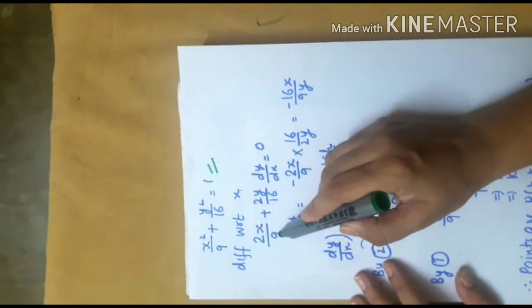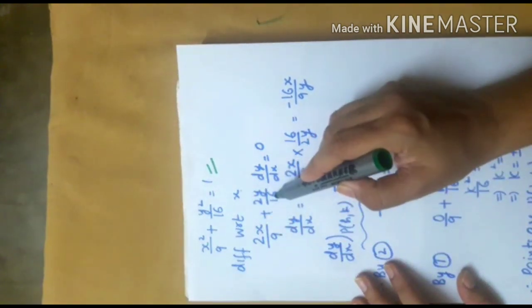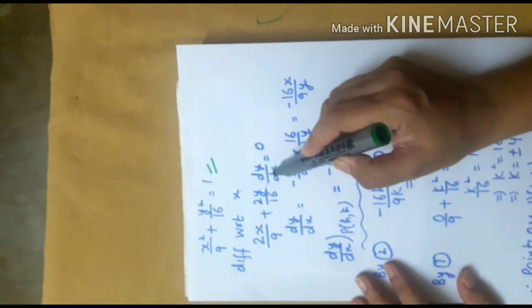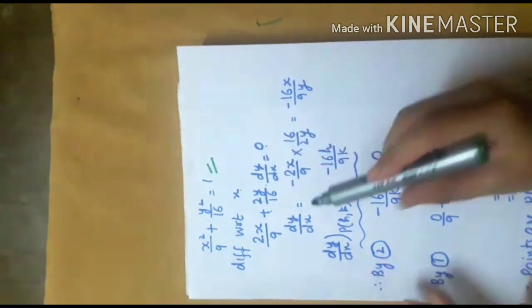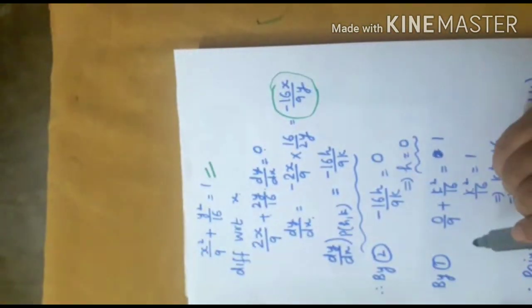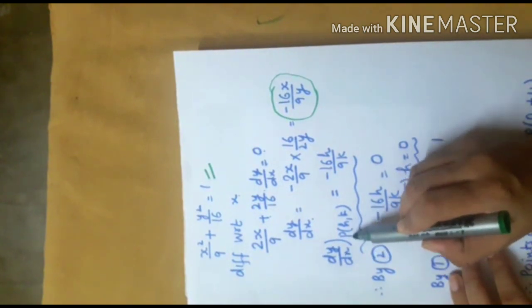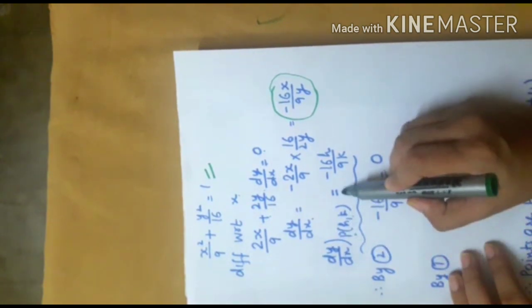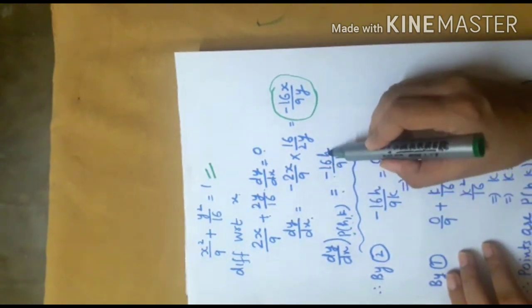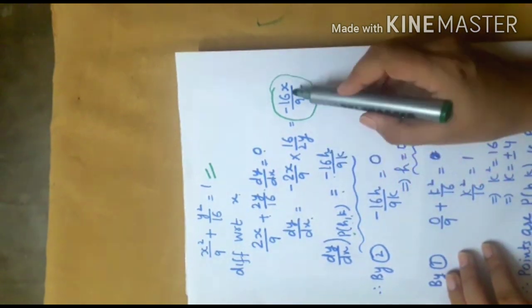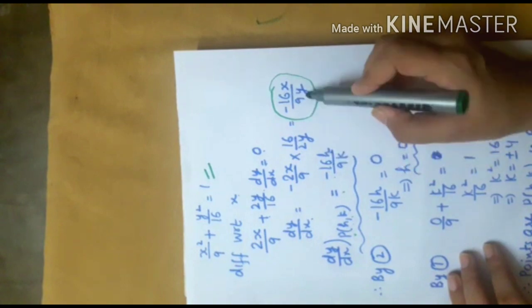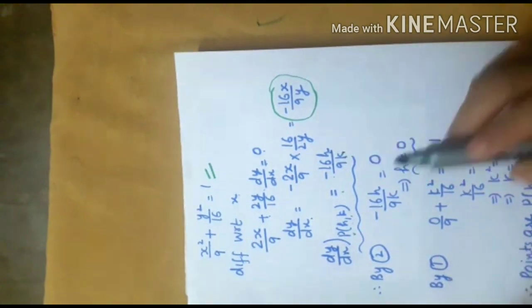Here I'll get 2x over 9 plus 2y over 16 into dy by dx is equal to 0. From here, dy by dx will be minus 16x over 9y. Value of the derivative at the point of contact P(h, k) will be equal to minus 16h over 9k. Replace x with h and y with k. So,